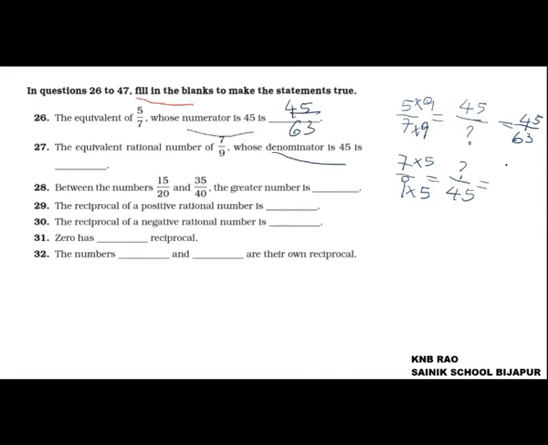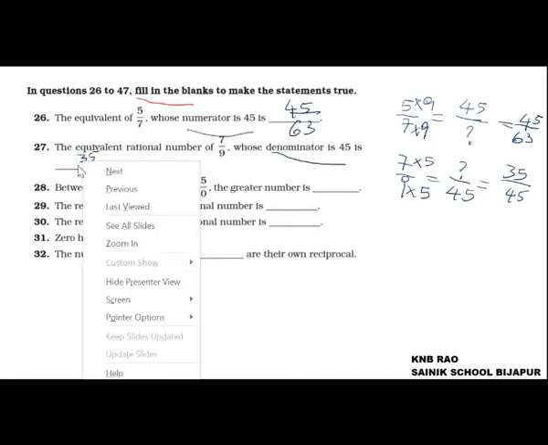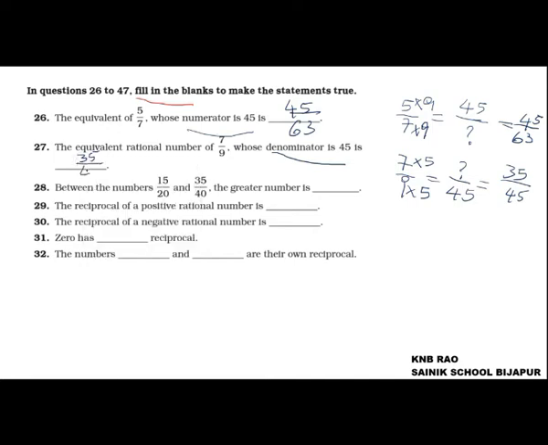We get 7 fives are 35 upon 45. That is the equivalent rational number of 7 by 9. So the answer here is 35 upon 45. Next,